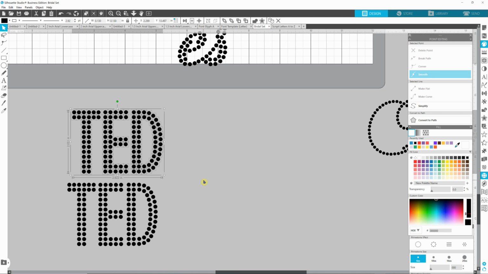So SS6 is 0.098 inches, SS10 is 0.13 inches, and SS16, I believe, is 0.174